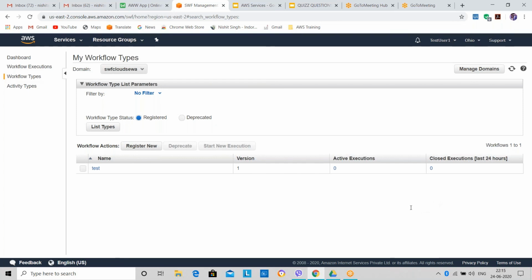Okay, Vijay asked something: where is the application stored? Vijay, application means any of your applications on any of the services. The application is stored on the cloud, or you can configure the Lambda function in such a way that it will communicate to the application. You can store your application wherever you want.